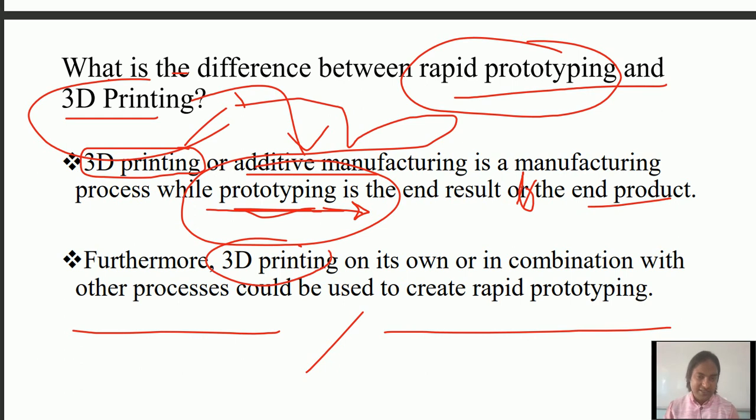In earlier days, around the 90s or 20s, prototypes were made only by hand. It means a skilled person was there, and with the help of a material removal tool, he was making the prototype. But nowadays, with the help of computers and software, with the help of a CAD model, we are able to quickly make the prototype. And NC machines obviously, and with the help of 3D printing, it is even easier.